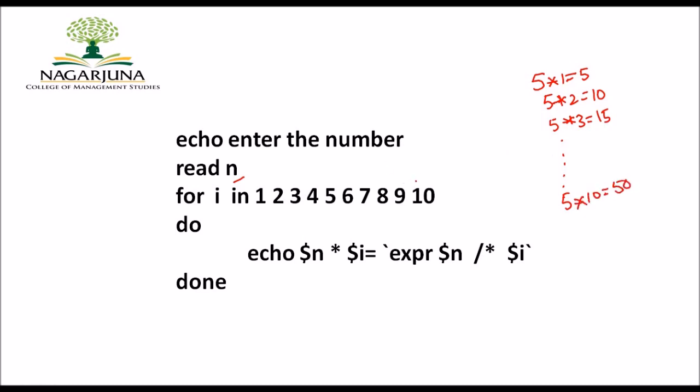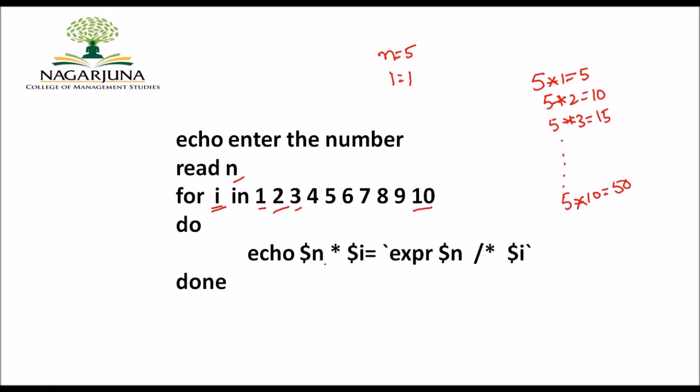This is what we had already discussed in the lab, so let me explain it again. Now i is the variable, and we have listed the values ranging from 1 to 10, where i can take the value 1, i can take the value 2, i can take the value 3, and so on up to 10, which are listed in this list. Now taking this value of i, let me assume the value of n is 5, and for the first time the value of i is 1, i equals 1.